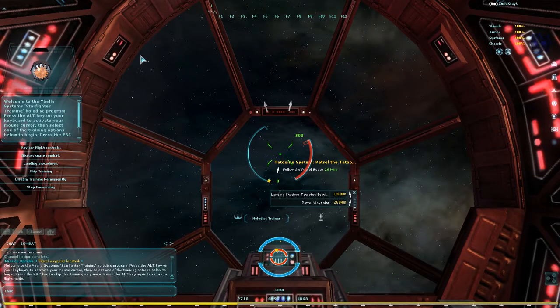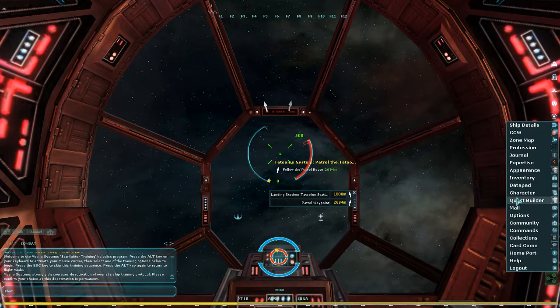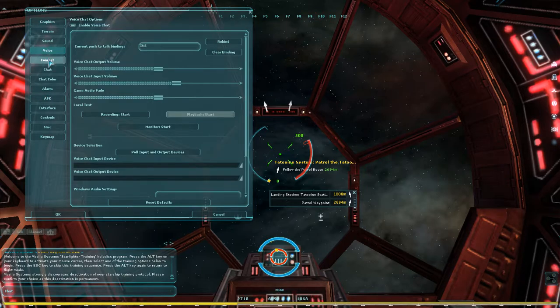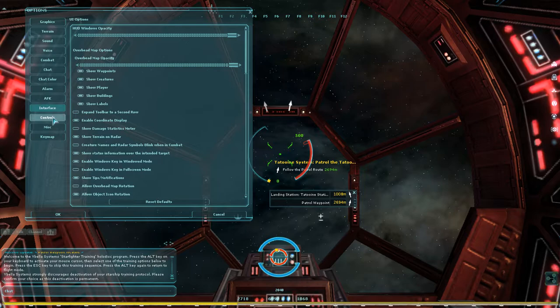Okay, yeah. Disable training permanently. Affirmative. I know what I'm doing. So I need to go into my controls, my options, and there's a good reason for that. The space options are separated from the ground options, so you can't adjust any of this stuff until you actually enter space. And what I am looking for is...